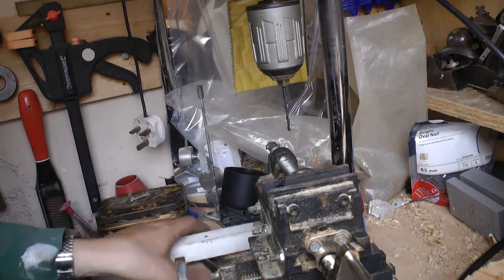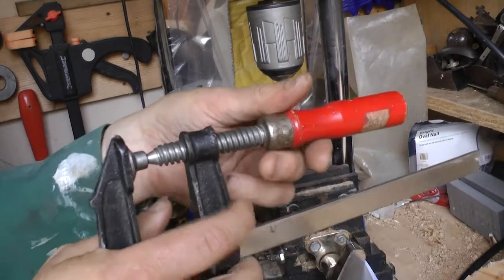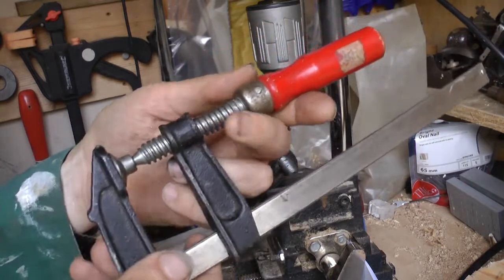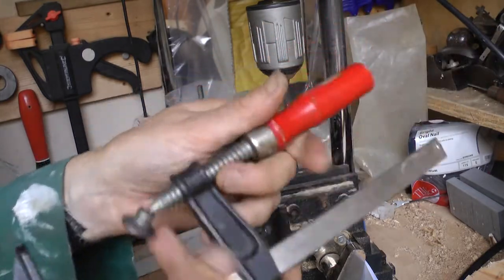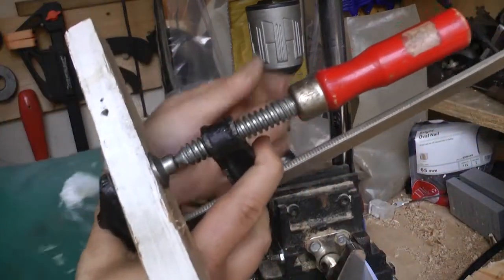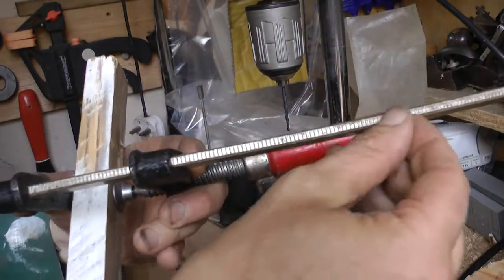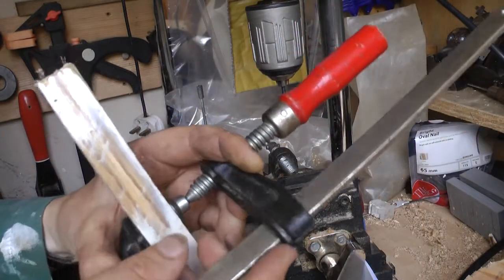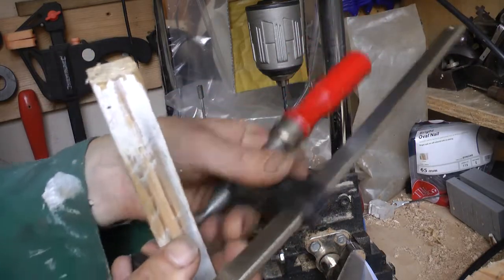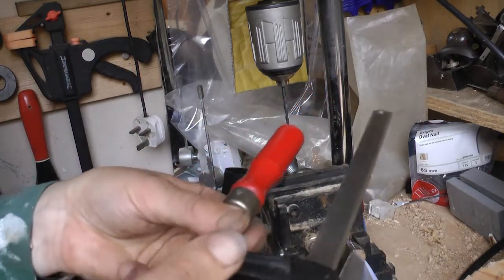What I'm doing today is fixing a couple of these clamps. I've had these for quite a long time, and they were second or third hand, and suddenly they stopped clamping. In theory, if you put your piece of wood or whatever in there, and you tighten this up, all these little grooves along the back of here catch in this bit here. There's a slot in this kind of crossbar, and that catches on the grooves and locks things solid,